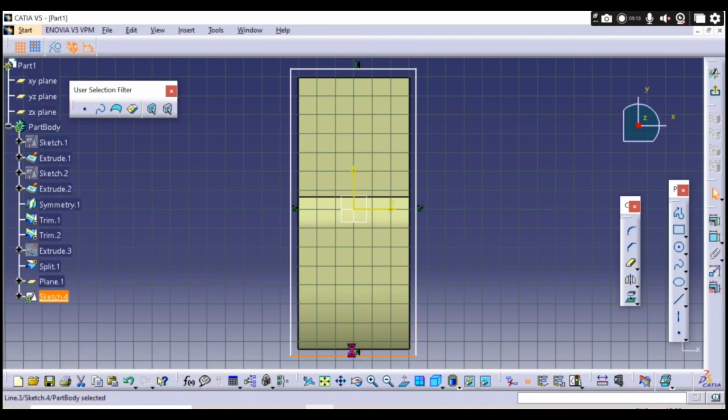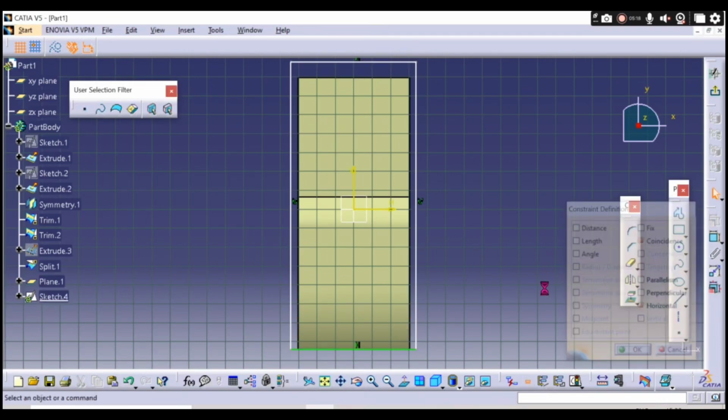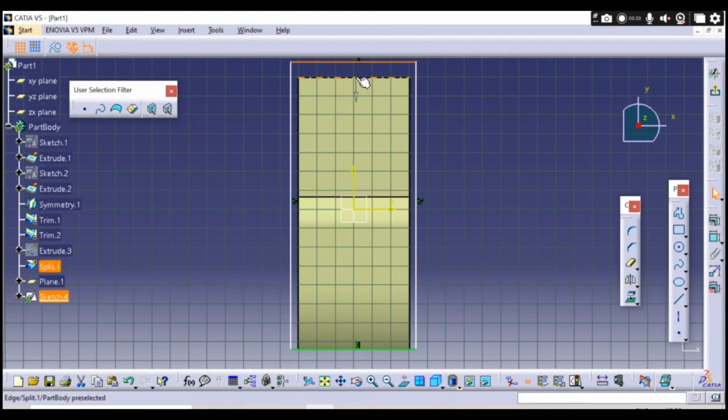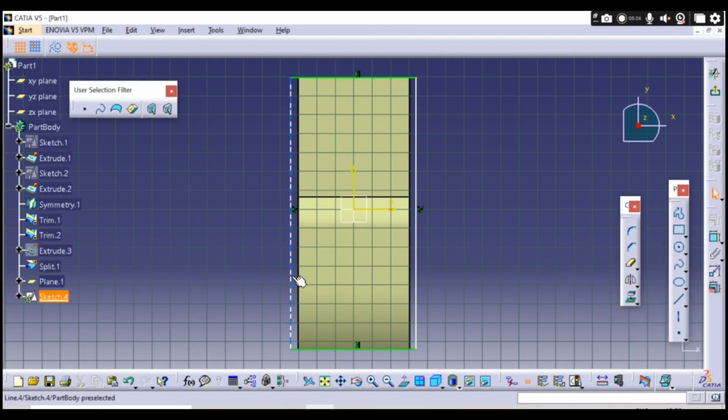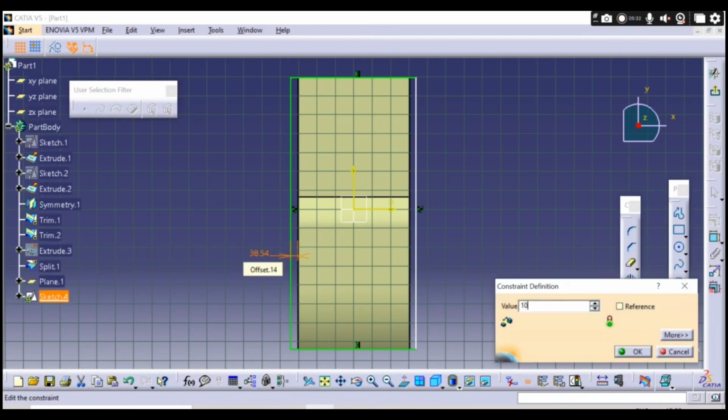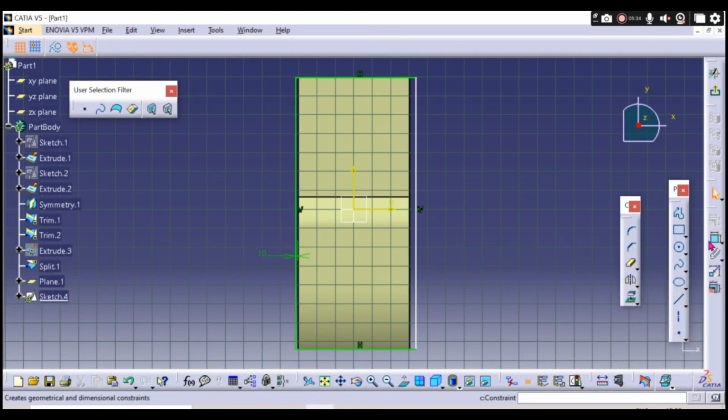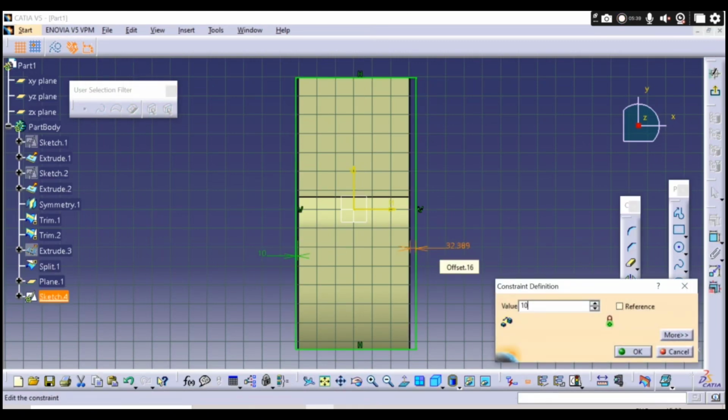Then I will make these two coincident, and this one coincident, and the distance from here to here is 10 mm. The distance from here to here is 10 mm,